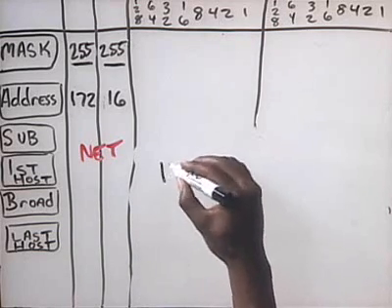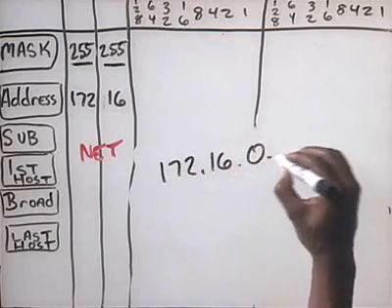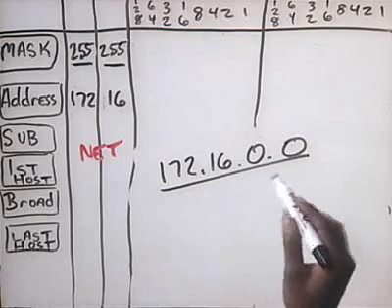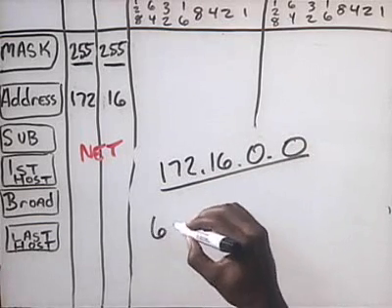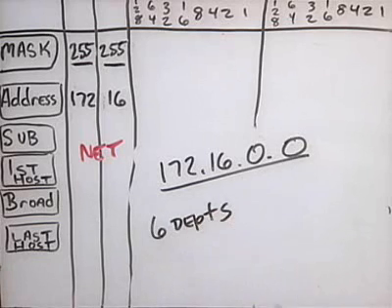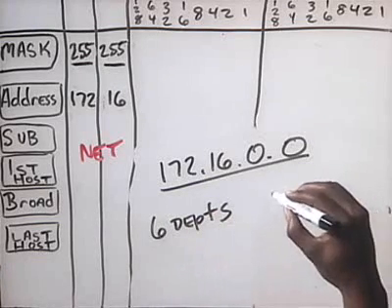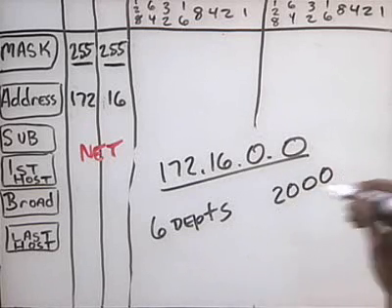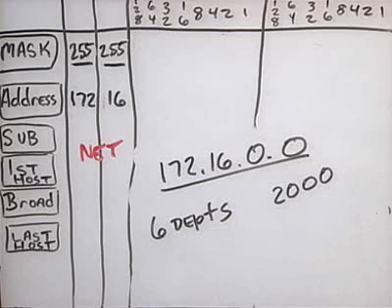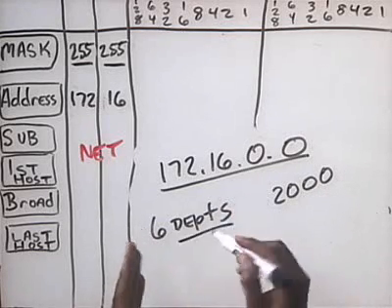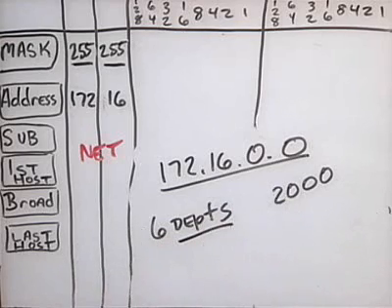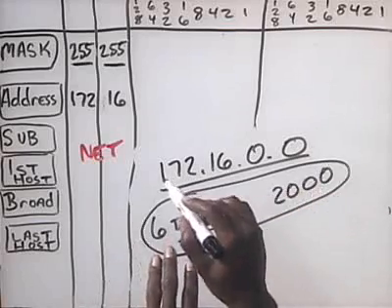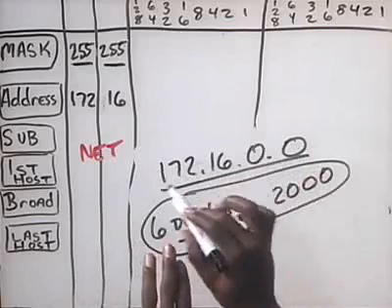needs. The customer has given us a 172.16 network, and they say, well, we need to break this network up into, we've got 6 departments, and in each department we want to be able to have 2,000 hosts per department, or 2,000 users in each one of those 6 departments, or 6 sites. You could view it as 6 different sites or regions. We'll take these customer requirements or this set of needs and break this network address up so that we can